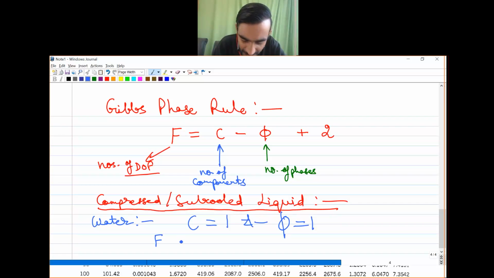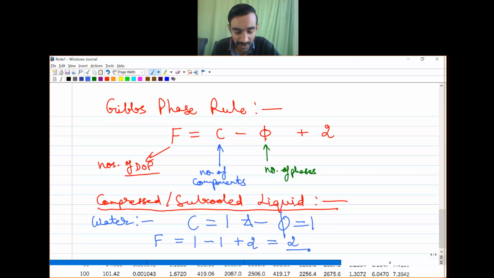So now if you find F, it comes out to be 1 minus 1 plus 2. And finally, we find that we require two properties to specify the thermodynamic state of the